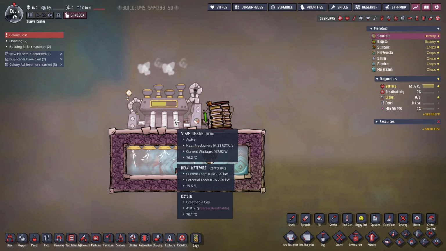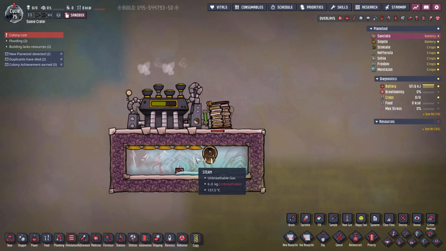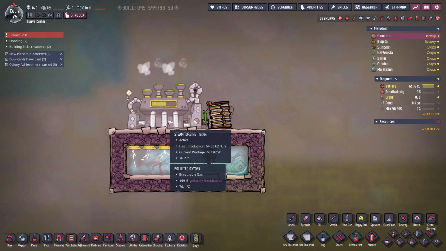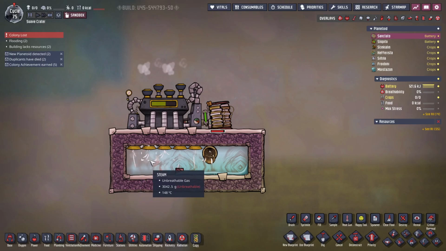We are already only at 467 watts produced. So that shows that the lower the temperature of the steam is, the lower the production of the steam turbine is, and the less energy it will produce. It also shows that the steam turbine is deleting heat because the steam here in that room is